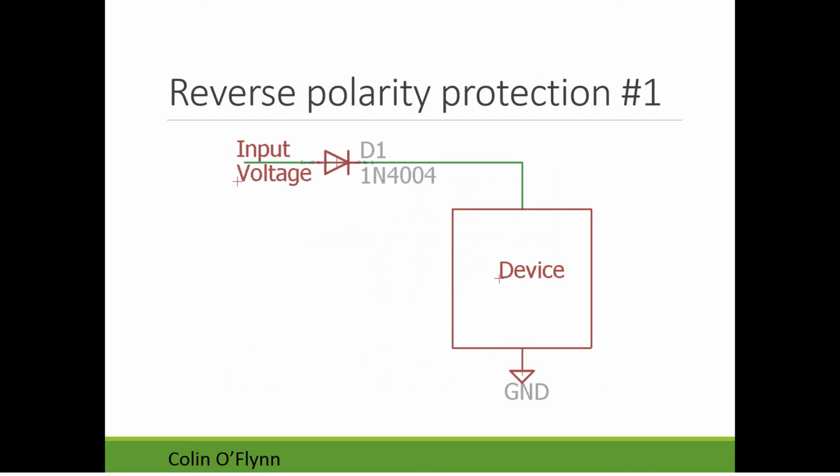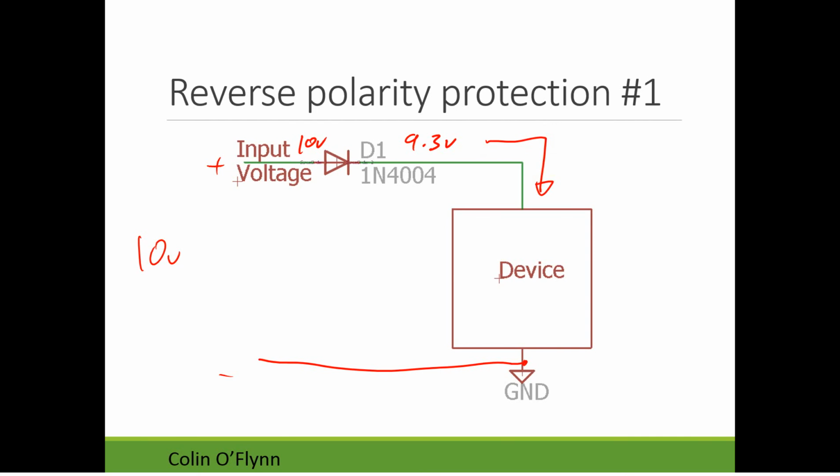The other thing you might want to do: the microcontroller boards themselves have reverse polarity protection on them. So if you put in the reverse polarity, it doesn't damage it. And they do it this way. We have the input voltage, and there's what's known as a series diode. So if we put 10 volts in, positive here, negative here, what's going to happen? That's fine. The diode is forward biased, so it's going to drop a little bit of voltage. We always say around 0.7, it varies a bit, but something like that. And your device is going to see 9.3 volts. So not a big deal.